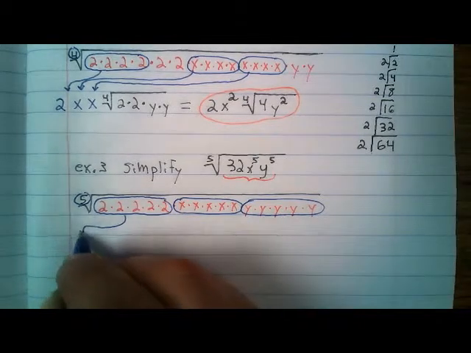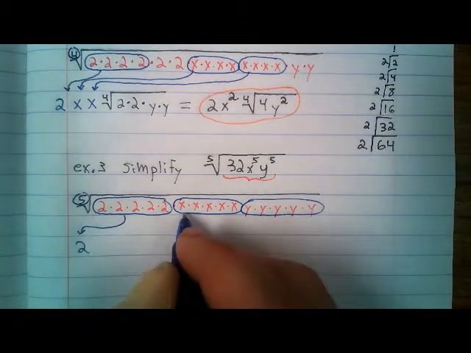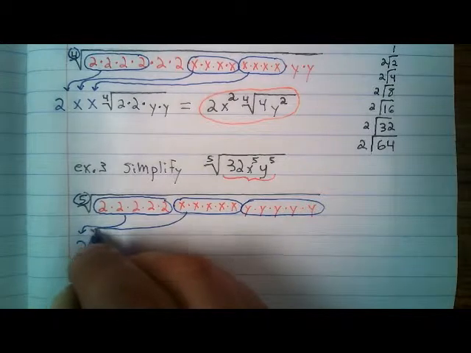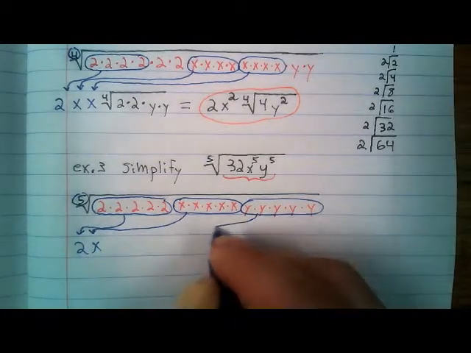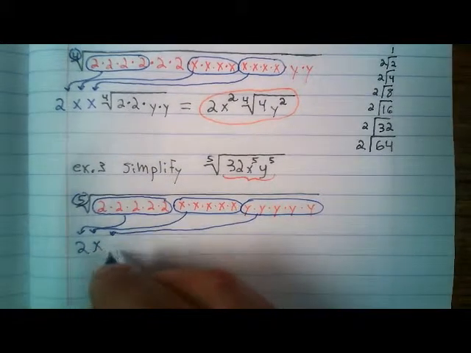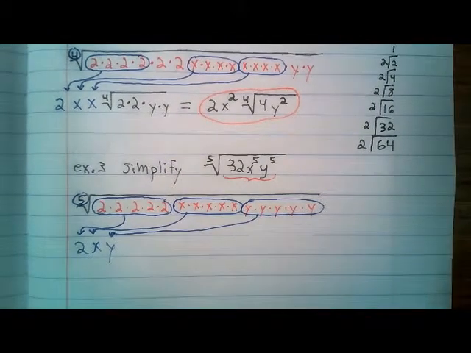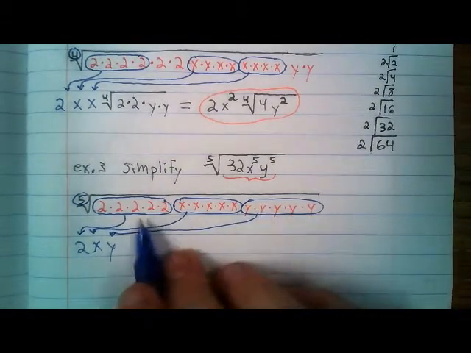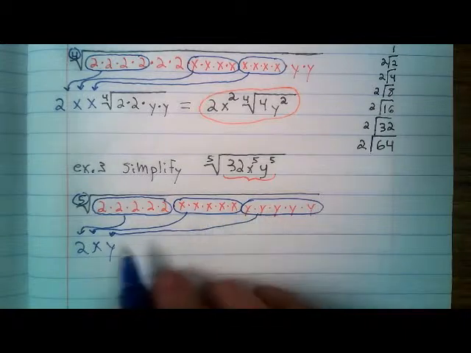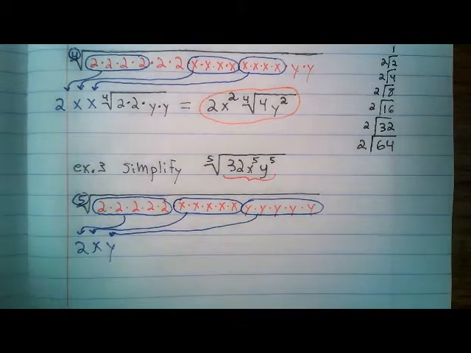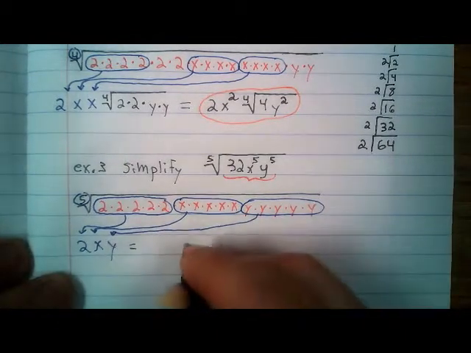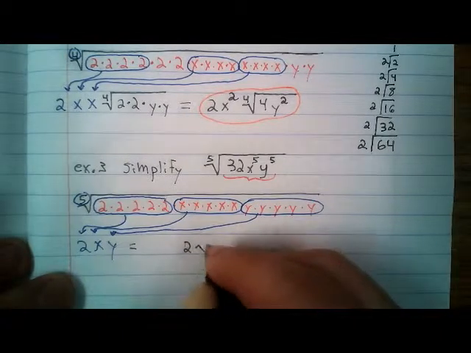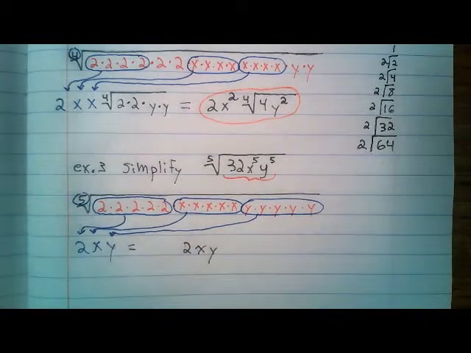Right, so 2, x and y, and there's nothing left, right? That's it. So my final answer is just going to be 2xy, and I can circle that one